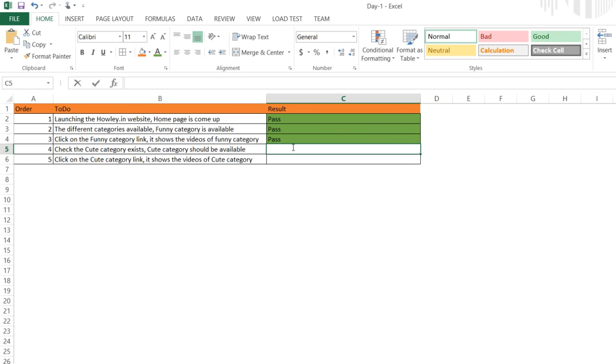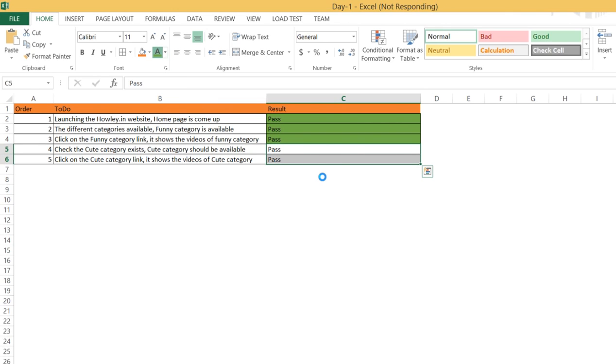But if it is an application which is under test, the way that we are testing the Holiday.in, we will definitely get a couple of errors. So as we move, we will come to know what kind of errors we are getting. But at this moment, everything is working fine. So I'll make this also pass. And then I'll just make this color code so that the result is